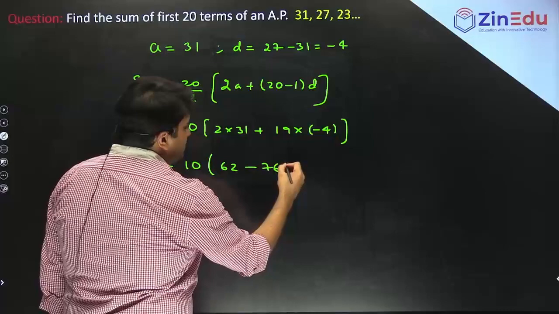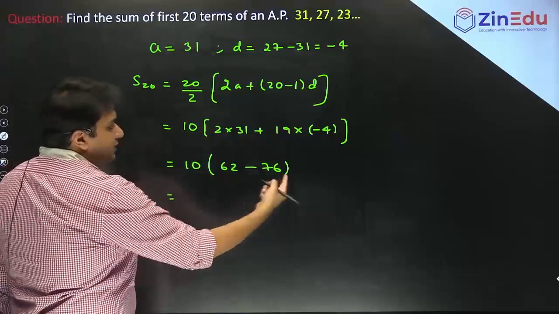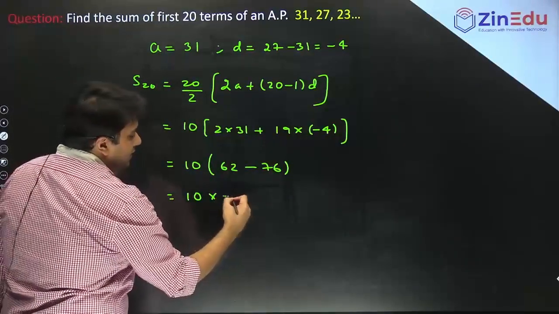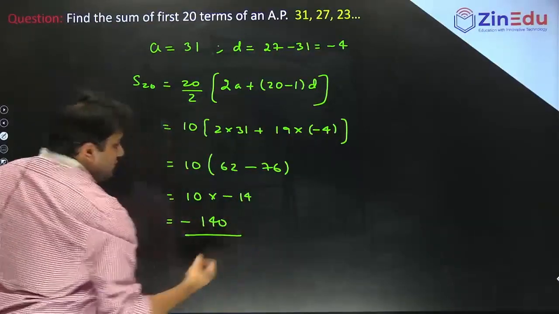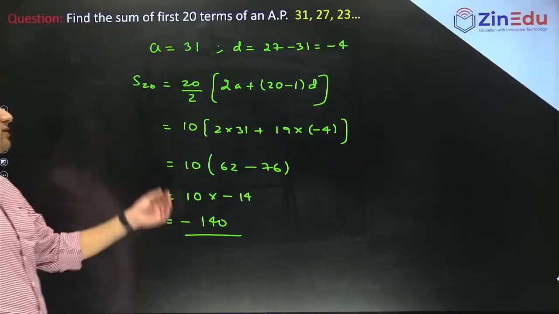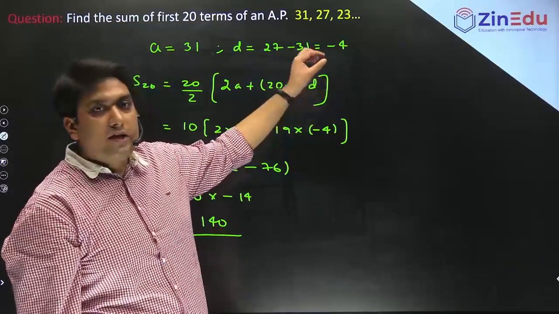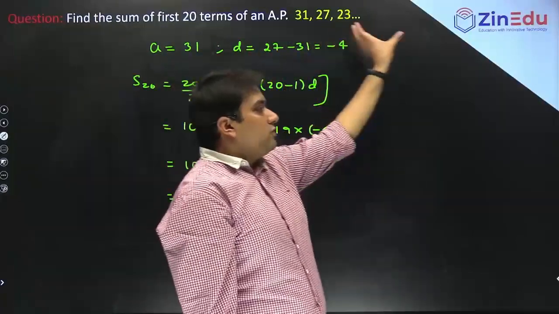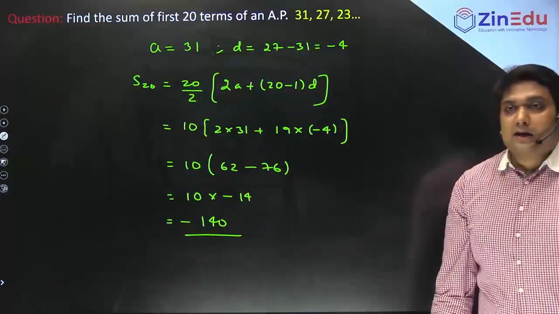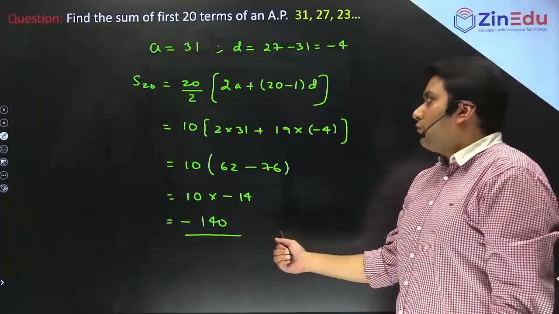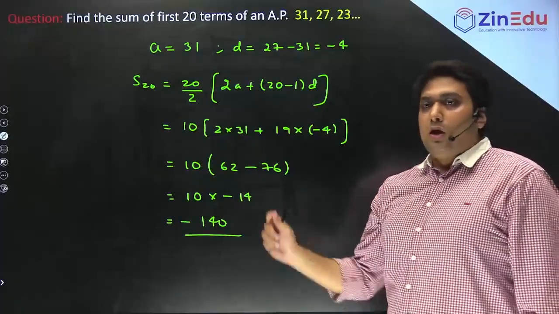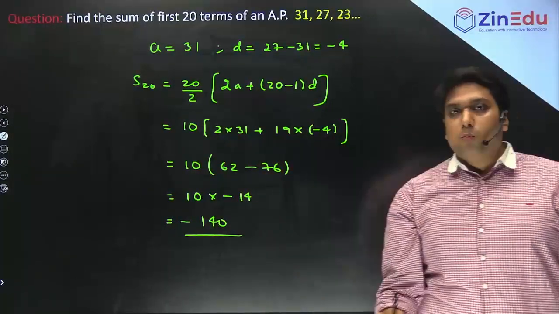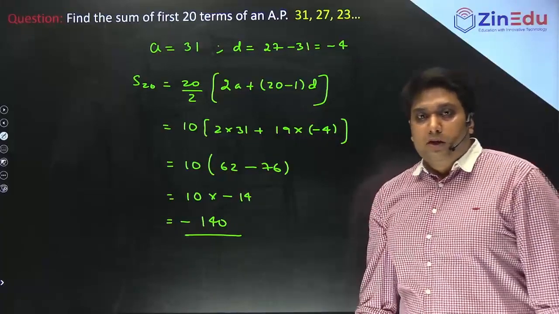So that would be negative of 76, so that means we are getting a result of minus 14 inside the bracket. The final answer would be minus 140. The minus sign over here represents that since it's a decreasing AP, we are getting a result of the terms which yields a negative number. So I hope this basic question that we have done is much clearer to you now. You are clear with how to use the formula for sum of n number of terms of an AP as well. So we can have another example.